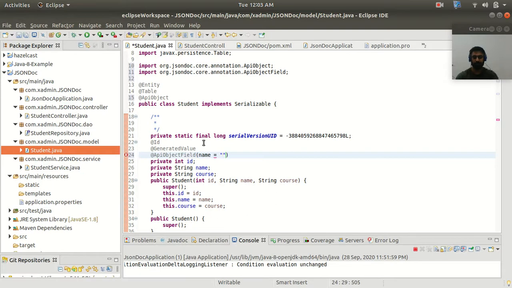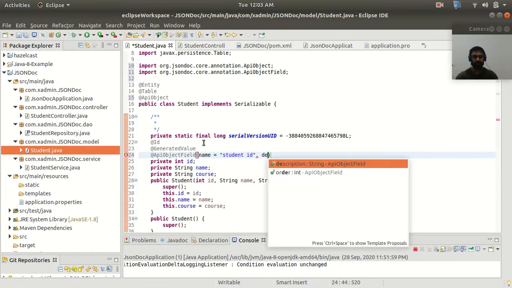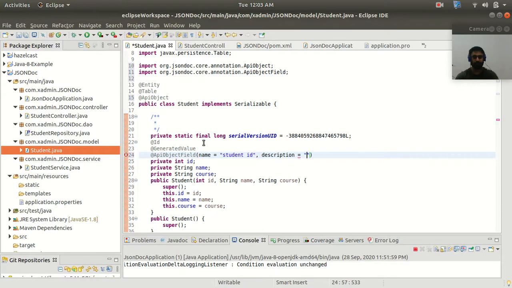Let's say you have the name as a student. So this is a student ID, right? So in the same way you can provide the description here, like say, auto generated ID, right? So this is the description I have added.